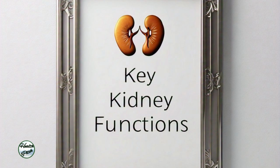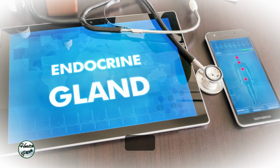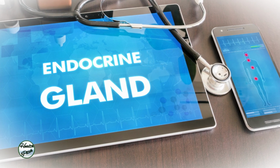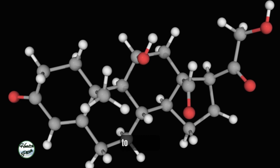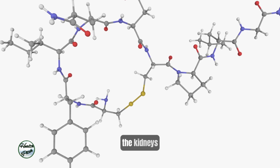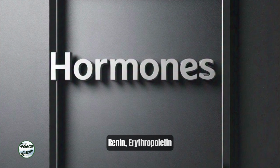Number 3. Endocrine. Hormone production. A third function of the kidney that is very significant to be aware of is its remarkable ability to produce hormones. Just a brief definition of what hormones are. Hormones are special substances which get produced at certain areas in the body, but then travel to their specific target sites to modulate different aspects of the body and to carry out various body functions. Here, in the kidneys, there are 3 crucial hormones produced. They are renin, erythropoietin, and